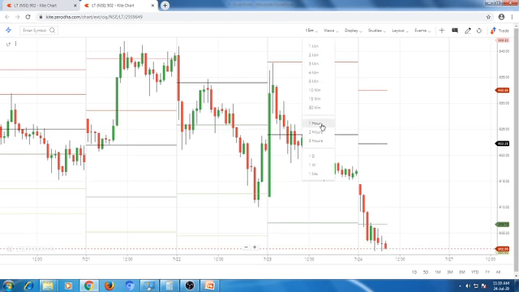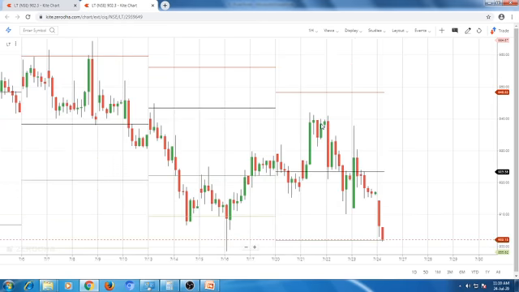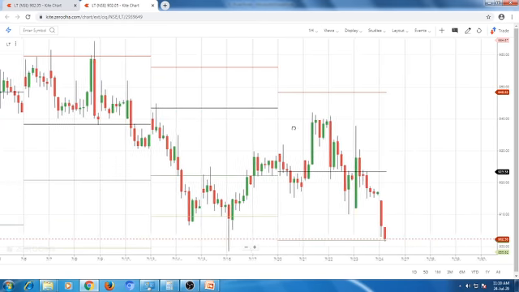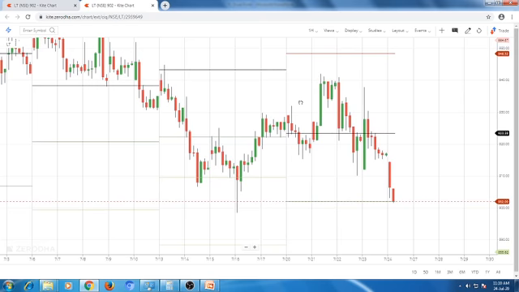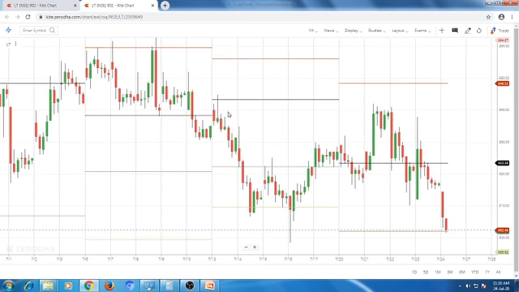Let us see on a higher time frame whether this stock follows the pivot point or not. For this particular week, it opened below the pivot point, but see, it just touches the pivot point. If you kept the stop loss exactly at the pivot point, it would have been hit. But once the movement started again, it hit S1. Once S1 was broken, it hit S2 also.